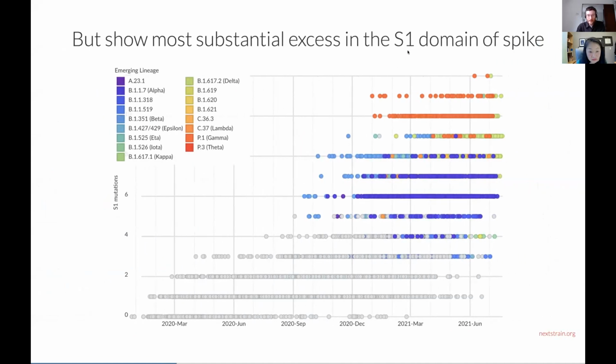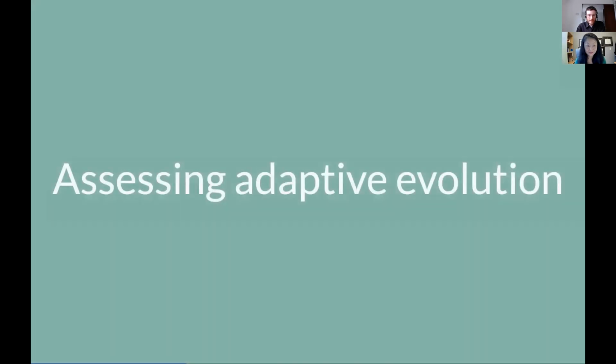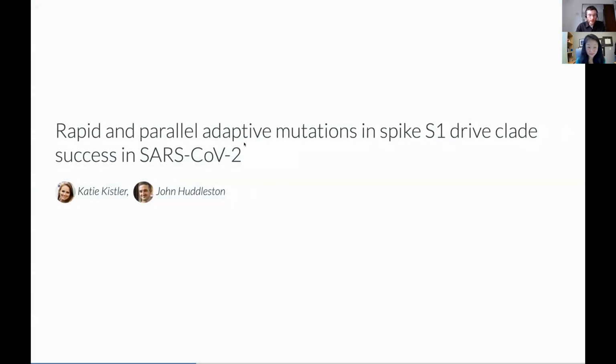However, if we look particularly at the S1 domain of spike, we can see a much different picture. The non-variant viruses have 1 or 3 mutations, D614G is down here, whereas the variant viruses, up through Delta, have 8 or 10. This is more or less an anecdotal observation that there's a lot of evolution in spike. And so with this work, Katie Kistler in the lab and John Huddleston